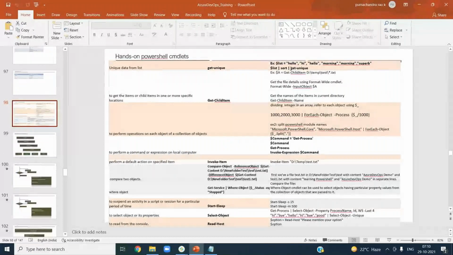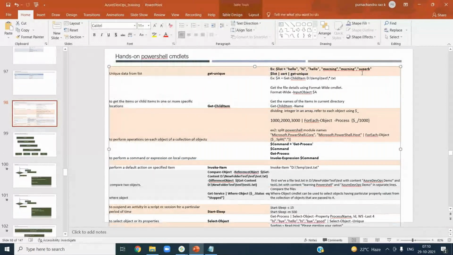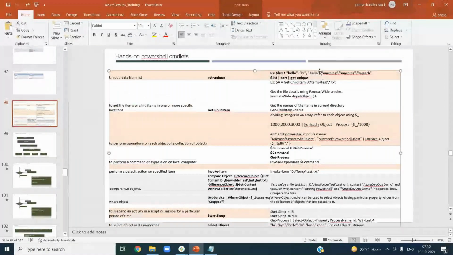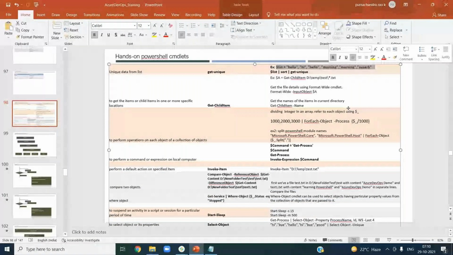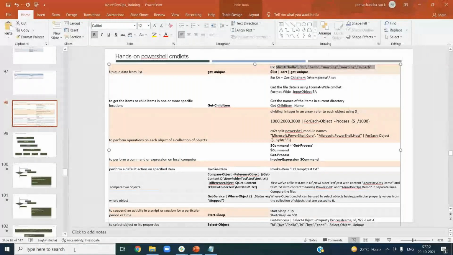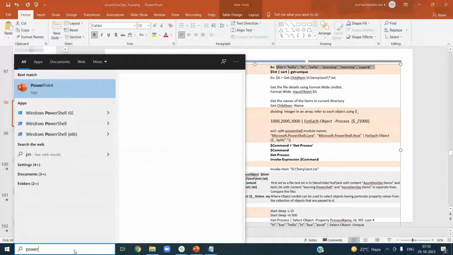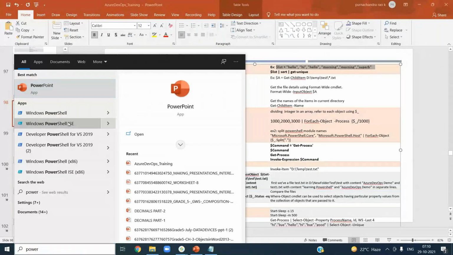First of all, I will have some variable which contains, sorry guys. Let me open PowerShell ISE, so that you can easily write the scripts, run as an administrator.